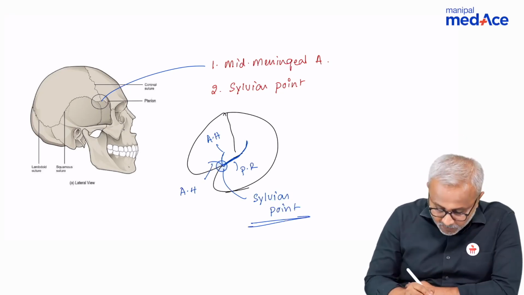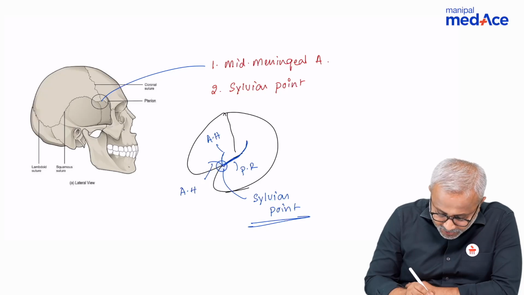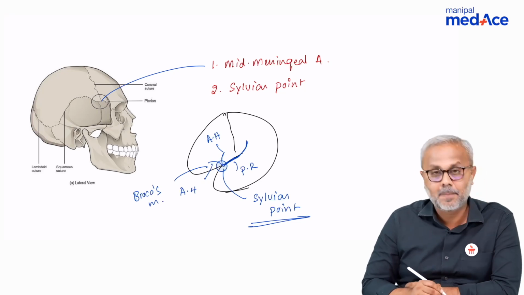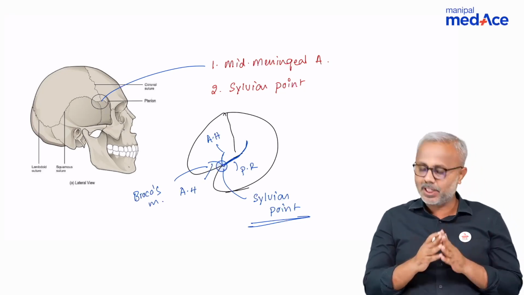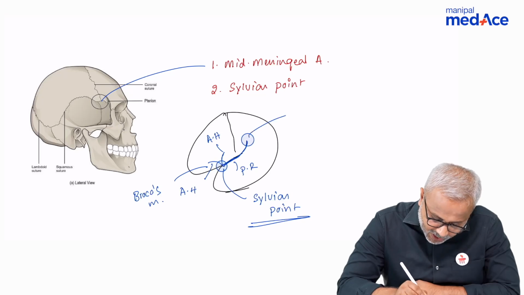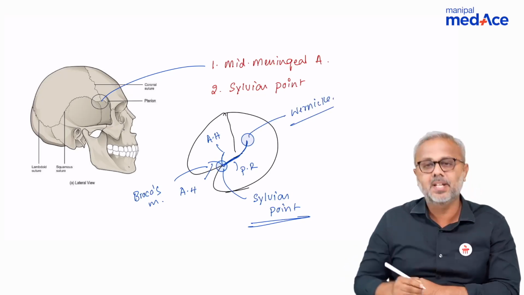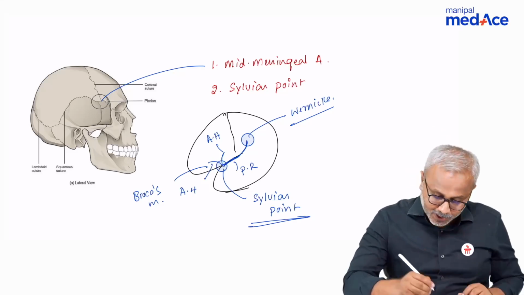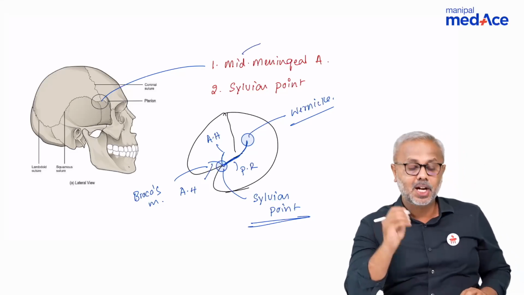Okay, now just in front of this area, in front of the Sylvian point, this is the area where we have the Broca's motor area, but that is not represented by your pterion. And then close to the posterior ramus of the lateral sulcus, we have the Wernicke's area, right, which is the sensory speech area. Okay, so other important thing you must know here is the middle meningeal artery is the source